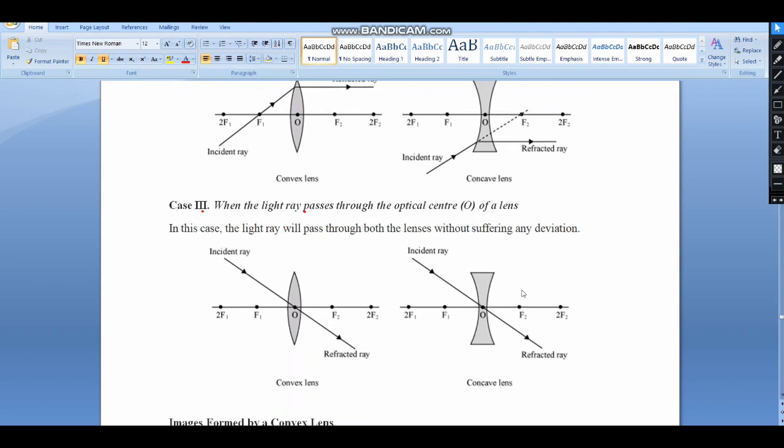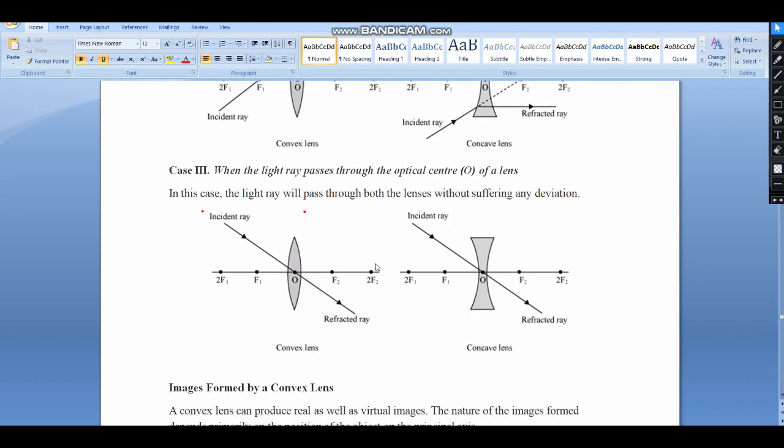And the third rule: when a light ray passes through the optical center, it does not deviate, in both cases. So these are the rules for the image formed by the concave lens as well as the